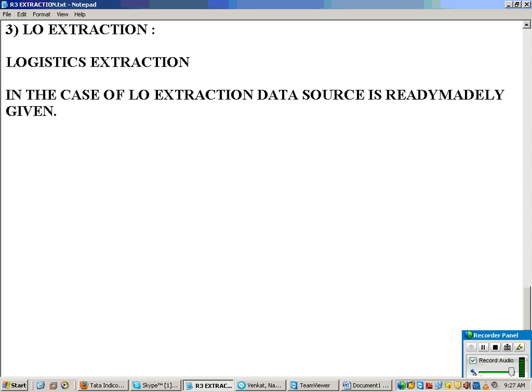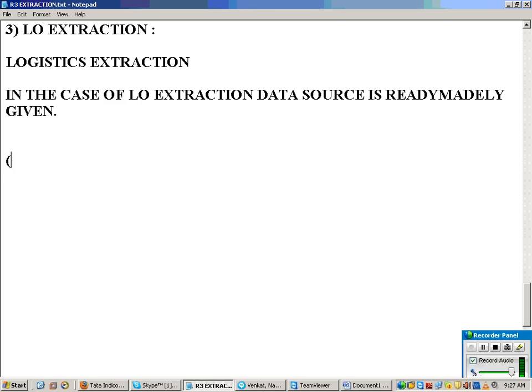You need not create any data source, you need not generate any data source. It's already given inbuilt by SAP. So when I say the data source is readymade, what is that?